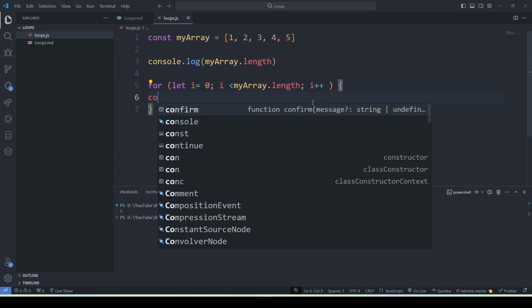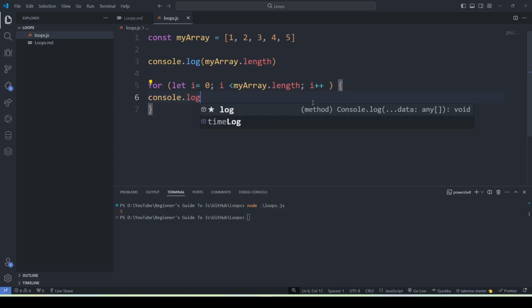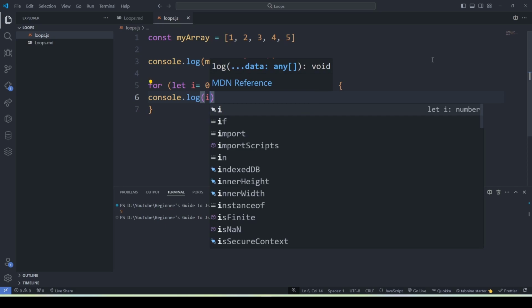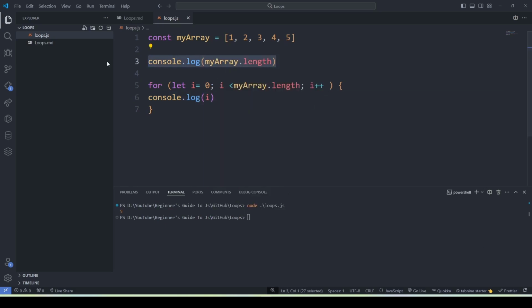Now, if I console log I, let's see what happens. I can see that I'm getting 0, 1, 2, 3, 4. So I'm getting 0, 1, 2, 3, 4. And if I